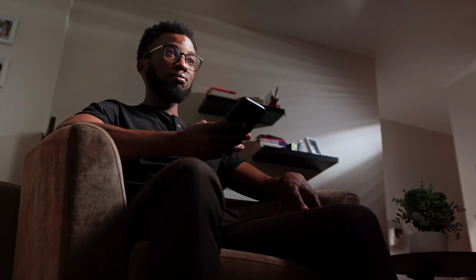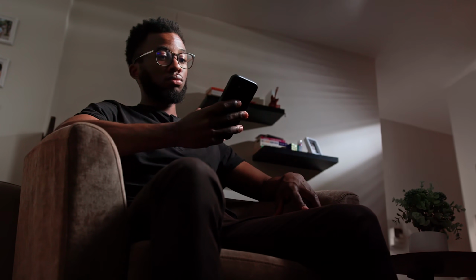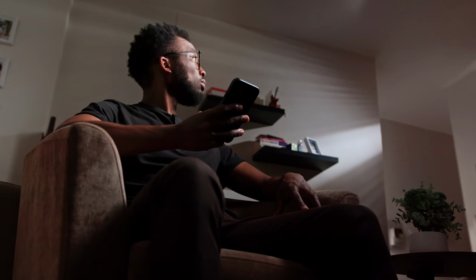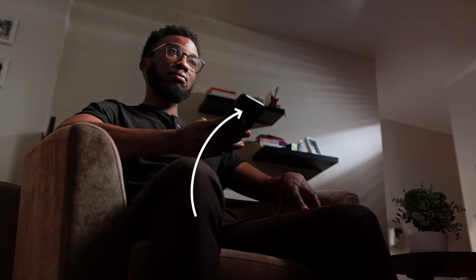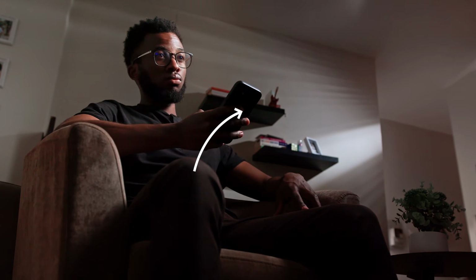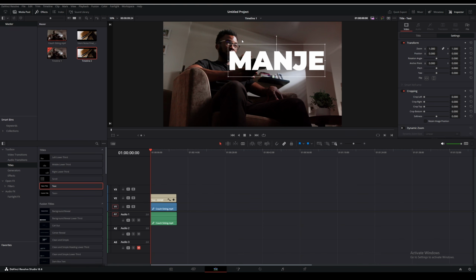I have this clip which is fairly okay, but it's a bit tricky in certain areas. For example, here where the phone is pretty dark and kind of blends in with the floating shelf at the back there, and it'll be interesting to see the results. Since we're in Davinci already, I already created some text here. What we want is for this text to be behind the phone and partially the face and neck somewhere right